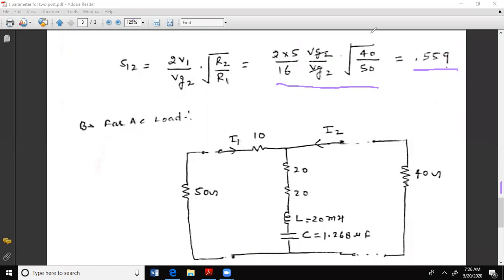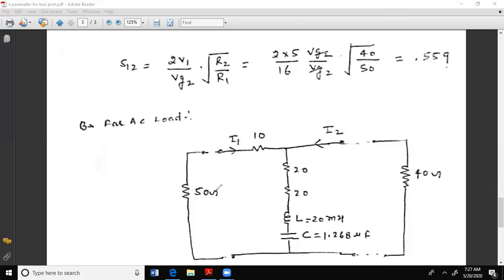Till now, what we have done is the S parameter for resistive load. But the S parameter is a function of frequency and varies with frequency, because the load is varying and impedance is varying. So whenever we analyze an analog circuit at high frequency, impedance is a function of frequency. So we have to calculate the S parameter for the AC load. AC load means we are considering inductive and capacitive load also.